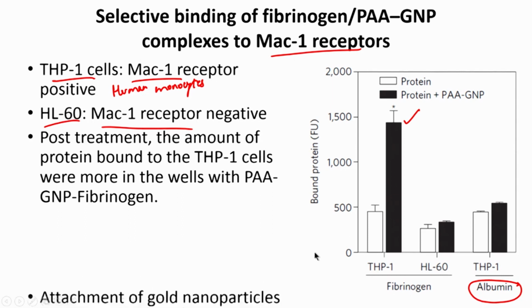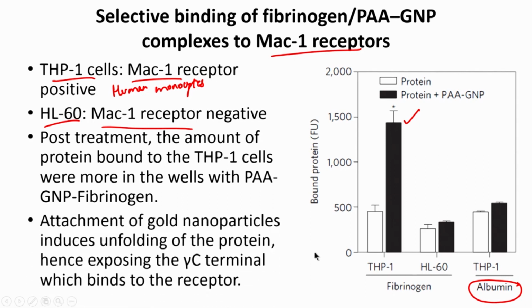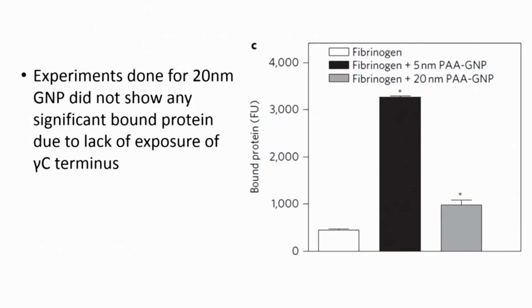So, just describing what I just said, it causes the unfolding, and that is why it can interact with the MAC receptor. And then these guys further went ahead and showed that the experiments that were done with 20 nanometer did not show any significant bound protein. So, this is again your bound protein on these cells, again THP1 cells,